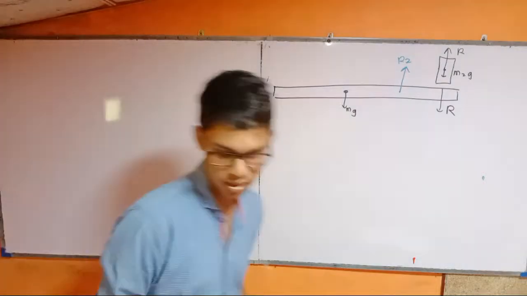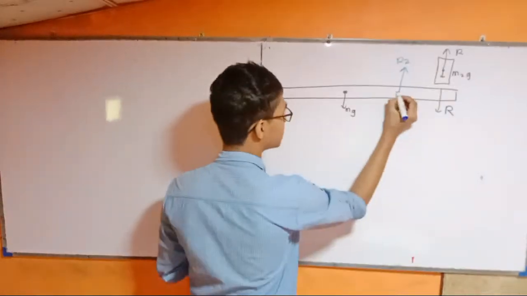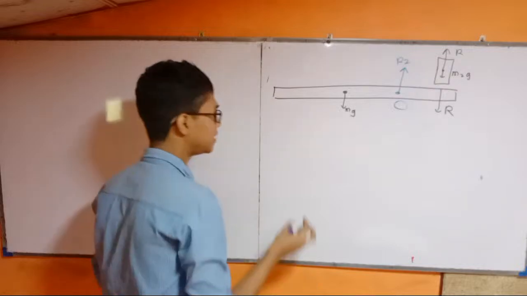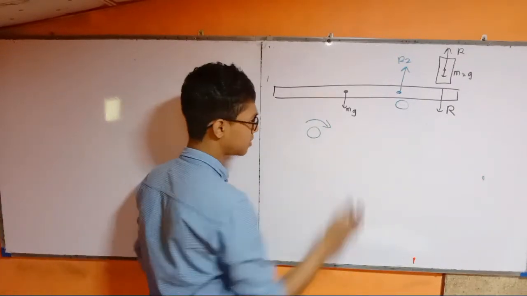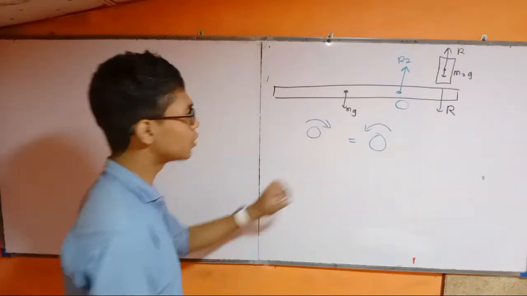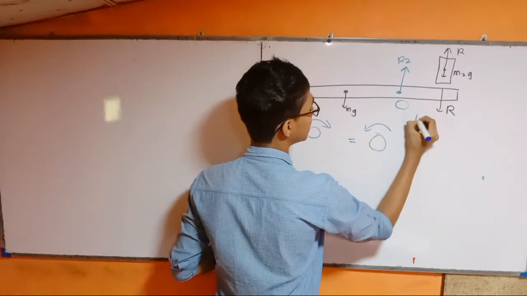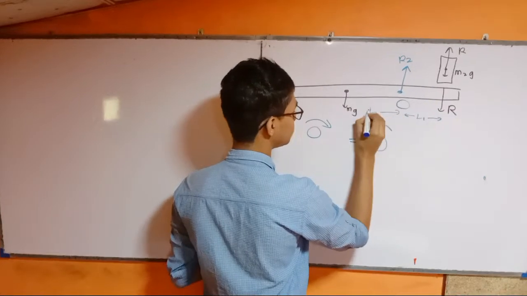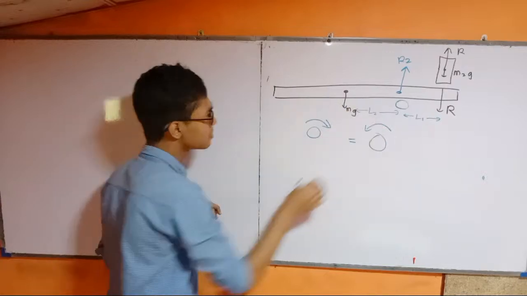Right. Now let's mark the forces. Now I'm going to take moments around this position. Let's say this is point O. Then we can say total clockwise moments is equal to total anti-clockwise moments. Now what's the total clockwise moments? Let's say this distance is L1 and this distance is L2, okay? Then the total clockwise moments are